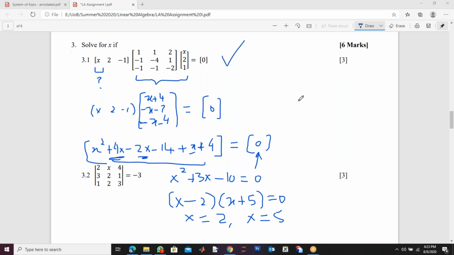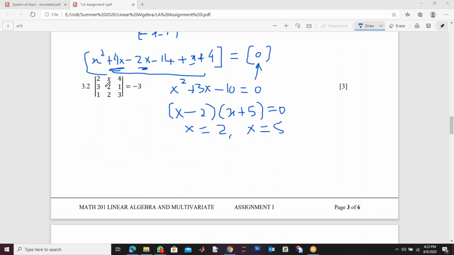Similarly, see, this is a matrix, and again there is one x in it, right? So when you find the determinant, you will get one equation in x. So how to find the determinant? You can keep one row or one column, whatever you pick. So if I pick the first row, then 2 with the cofactor of 2. What is the cofactor? Remove this row and column.